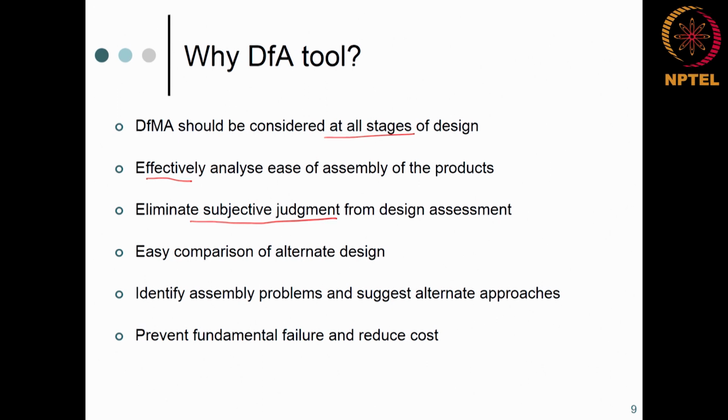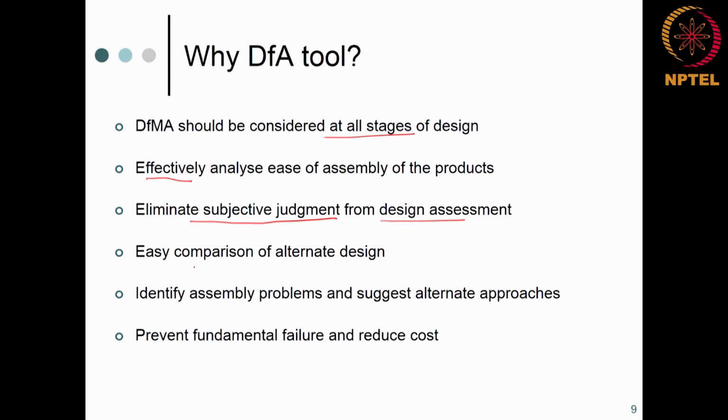Eliminate subjective judgment. This is what an expert brings. Still subjective. Subjective to my knowledge. That's all. I want to quantify it. So it is not qualitative, it is quantitative. You cannot say, that's what I told you, right? It is blue color, so I don't like that assembly, let's go with the red. That's not how you evaluate an assembly. We looked at simple metrics by which you can evaluate an assembly. So it should be a quantitative judgment, not a qualitative or subjective one from a design assessment perspective. Easy comparison. It should obviously not be a complex comparison, easy comparison.